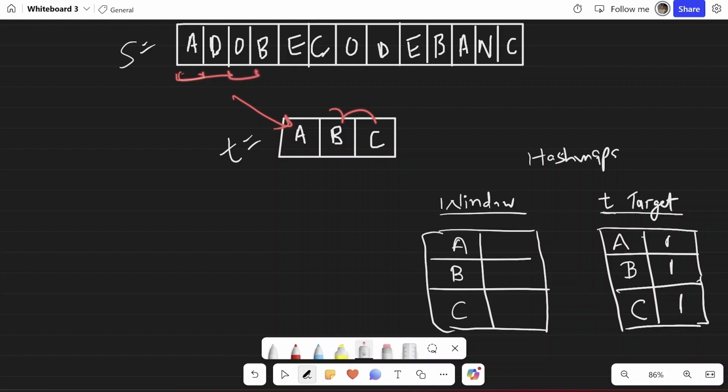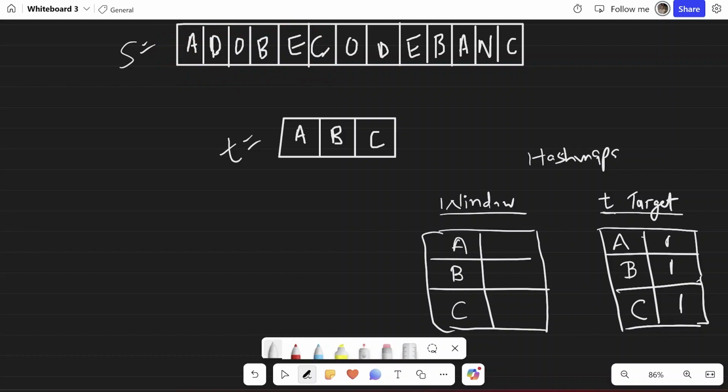Still, I don't have any of B or C. Now I get a B, but I still don't have a C. So I still expand rightwards. Now I got a C. So that means now I have all the letters in the substring from the string t. So my window size is this now.